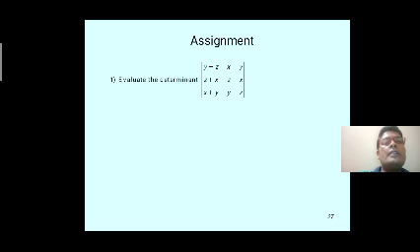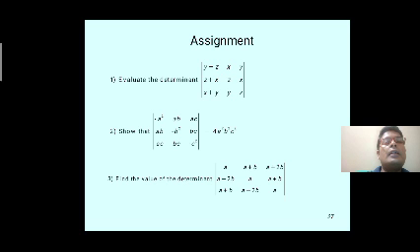We go to the assignment. Evaluate the determinant with rows x, y plus z, x; y, z plus x, z; x, x plus y, y; z. Using the properties of determinants, we have to apply a row operation or column operation, anything. Second question: show that the determinant equals 4a square b square c square. This is also using the row operation and column operation. Number 3 also uses row operations and column operations.